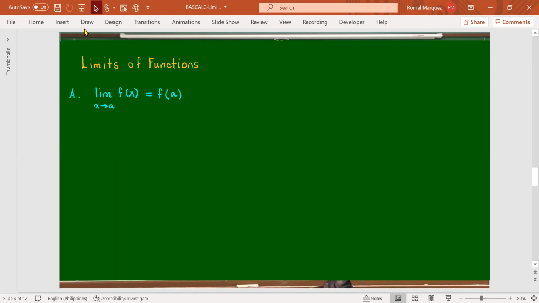But of course, not all, no? So you can do this if you have a polynomial function, or a rational function, where a is in the domain of f. Or even other functions, as long as there is an open interval containing a, where a is in the domain of the function, and I can go to its immediate left and